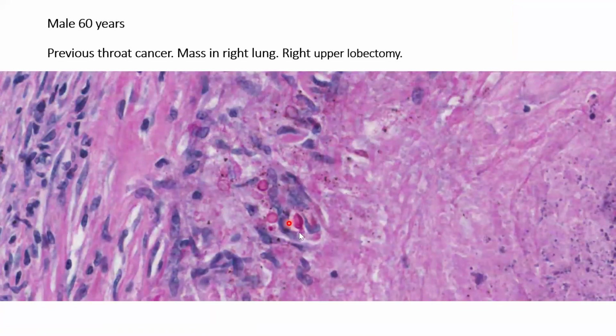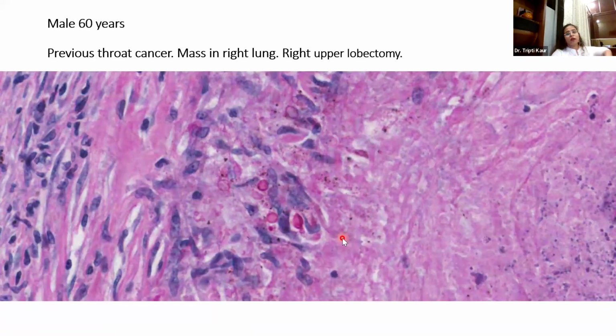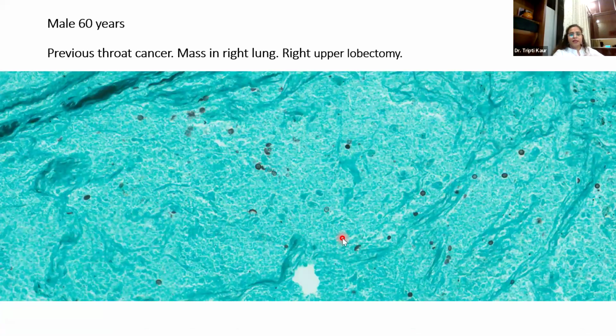And if at all you are not able to come to a conclusion that this is a case of Cryptococcus, you can just mention that this is a fungal granuloma, and you can mention your differentials and correlate with the PCR. Okay. This is a GMS stain. You can see these cryptococcal organisms here. They are actually narrow based.